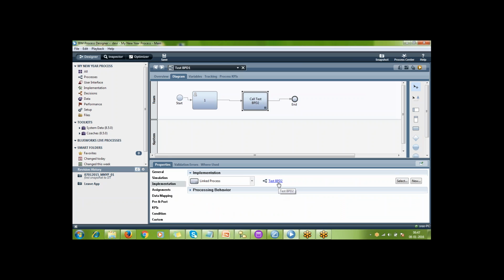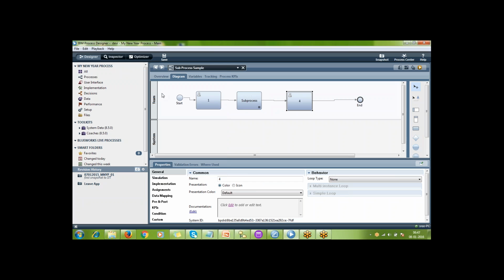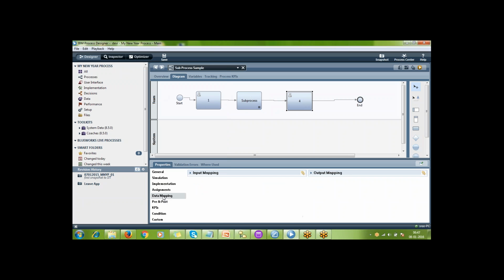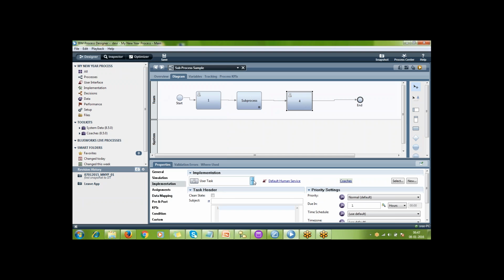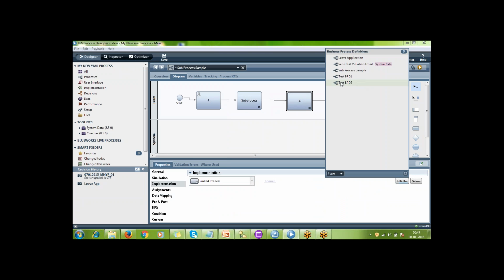See, not only you are linking test BPD2, some other project can also use test BPD2. For example, another sub-process sample, forget about the name, can also go with a linked process and link with test BPD2.